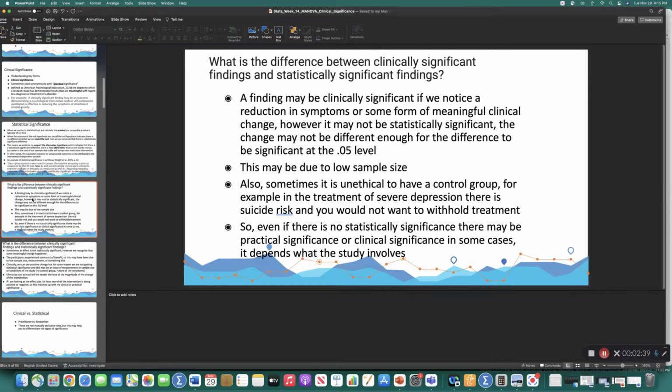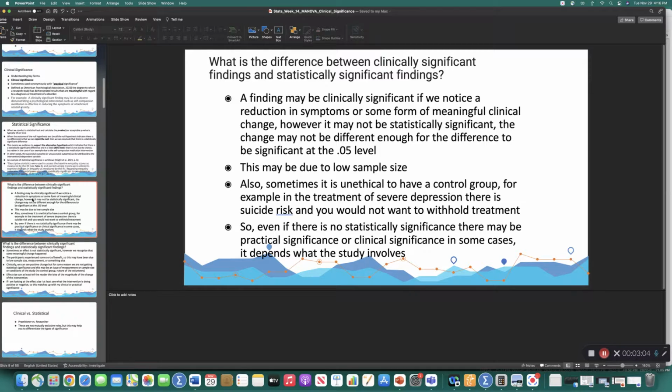So another consideration is a finding may be clinically significant if we notice a reduction in symptoms or some form of meaningful clinical change. However, that doesn't necessarily mean it's statistically significant. The change may not be different enough. So let's say we look at the pre-test mean or average and the post-test mean or average, and we see there's been a change or a difference, but it may not be enough for the difference to be statistically significant